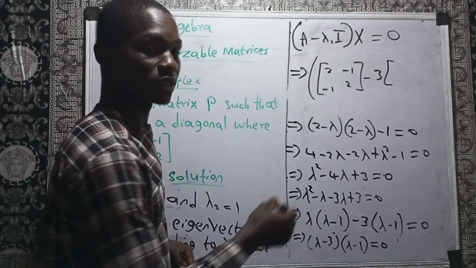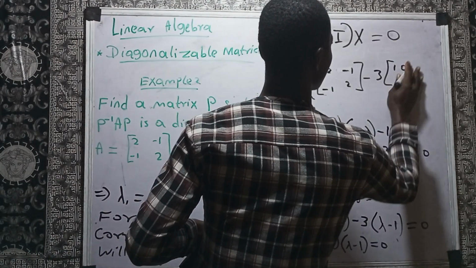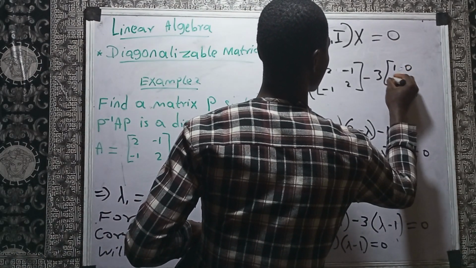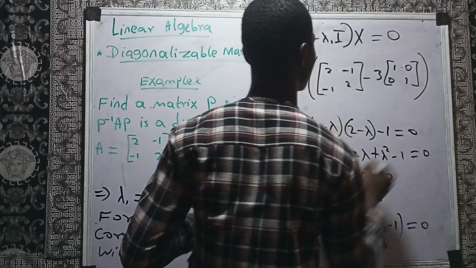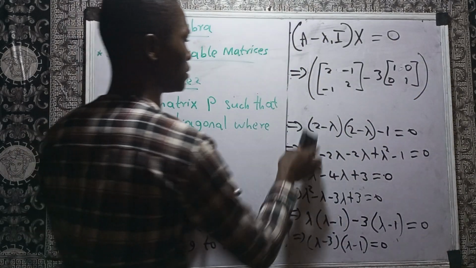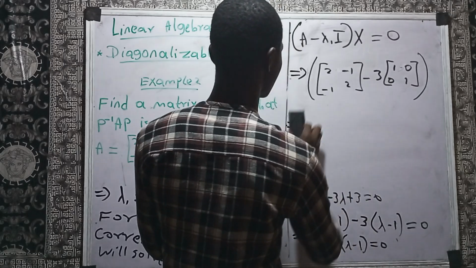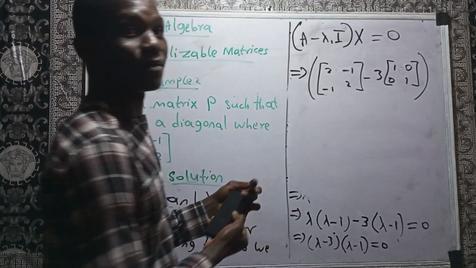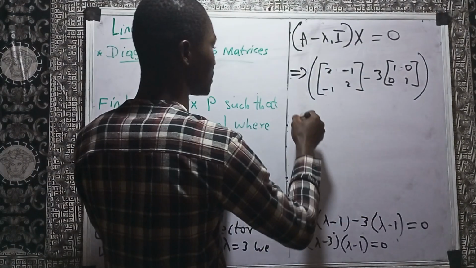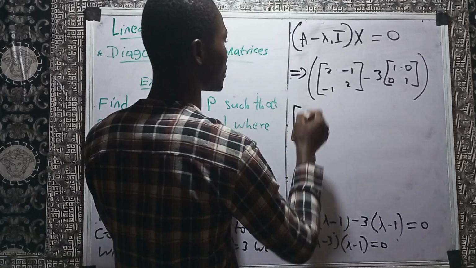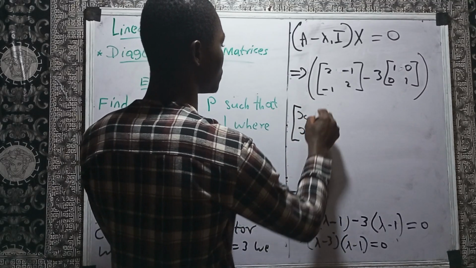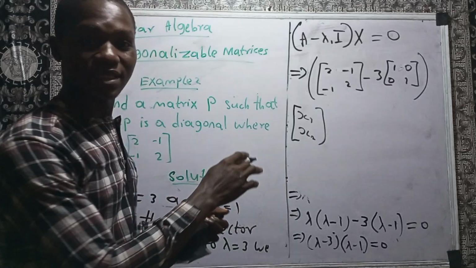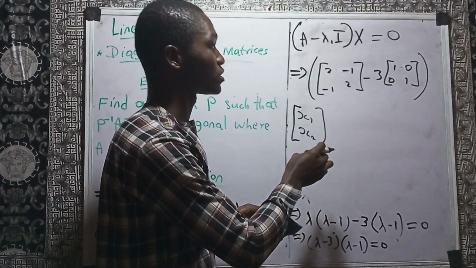The identity matrix, then multiply by this capital X. This is just a column vector. I have entry x1, x2. So it stops at x2